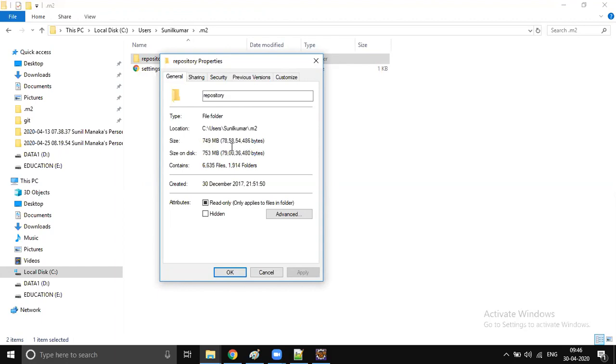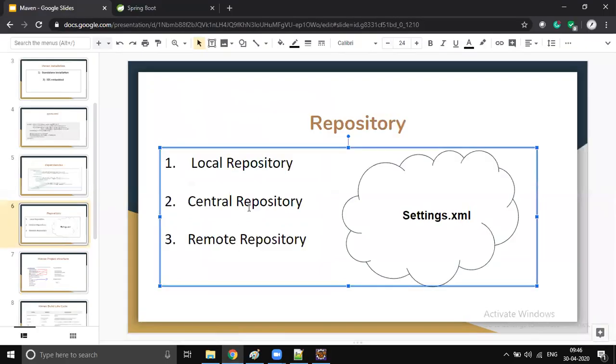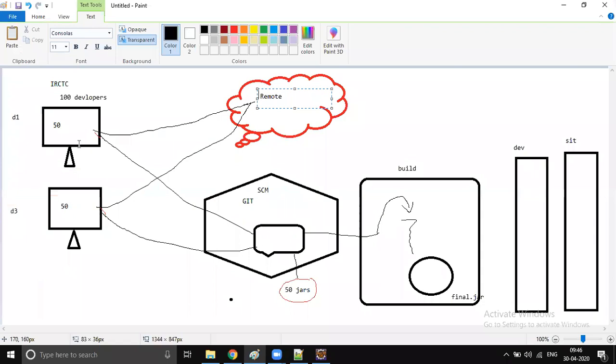If you don't want to occupy space in your C drive, then you can use the E drive or some other drive. It's still calculating, I'm just canceling. You can customize this. If you say, I don't want to store my local repository in this particular folder, I want it stored in some other folder, yes, that is still possible, but you have to make some changes. We will discuss what those changes are. Every machine will have a local repository which is local to that particular machine.